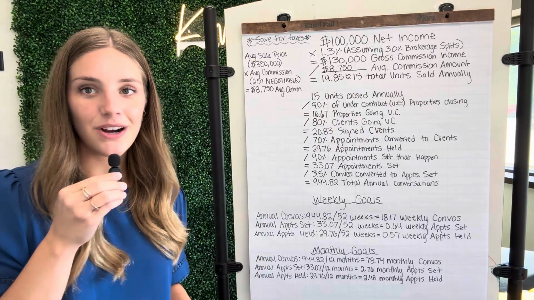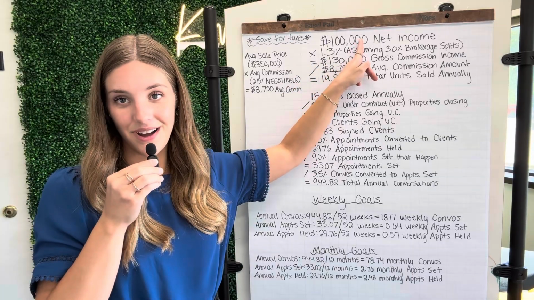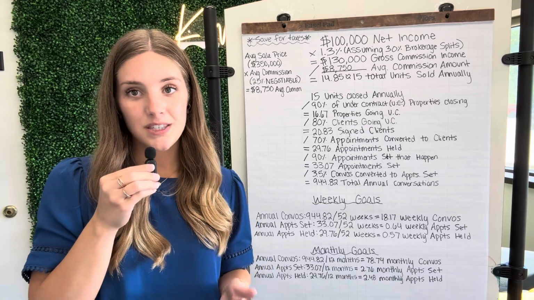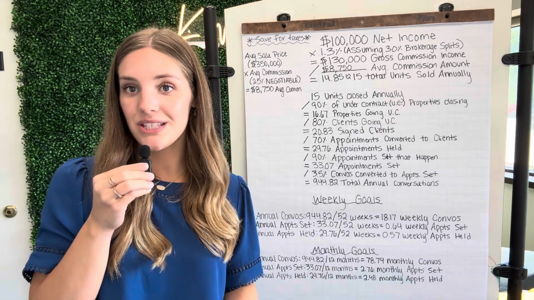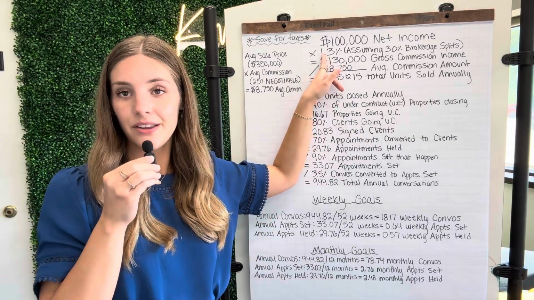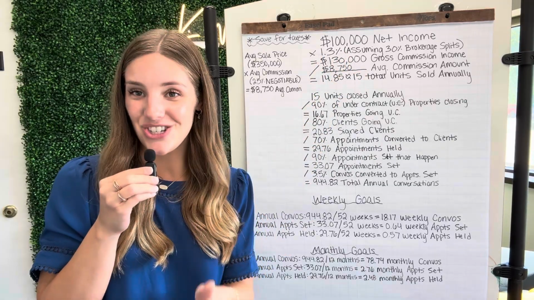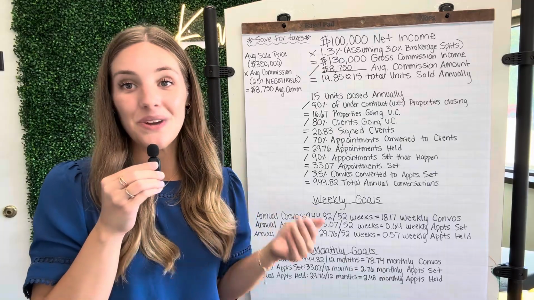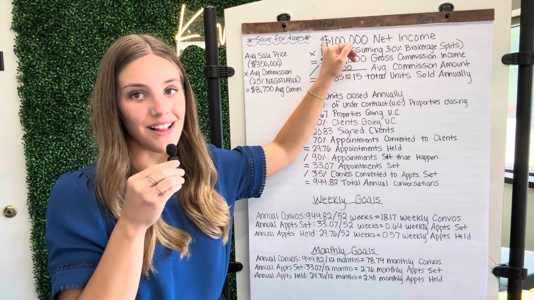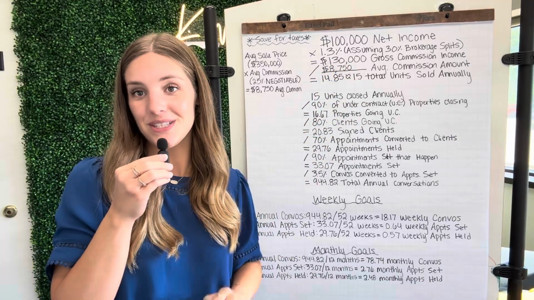The very first place we're going to start, of course, is with your annual net income goal. So for our example, this is going to be $100,000. Now, the next thing you want to do is consider your brokerage splits. So for this specific example, we are going to assume that your brokerage takes 30% per closing. So then you're going to multiply $100,000 by 1.3, which tells you how much you need to gross in GCI, gross commission income, before you net $100,000. So that means that to net $100,000, if your brokerage takes 30%, then you need to have $130,000 in gross